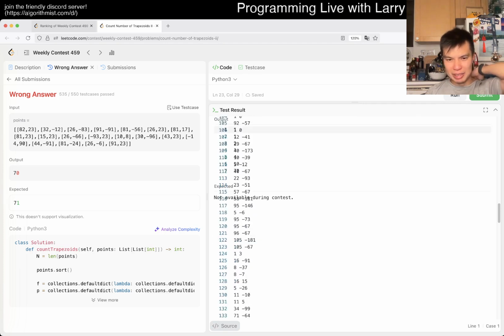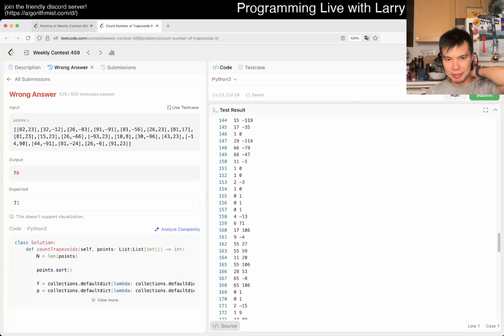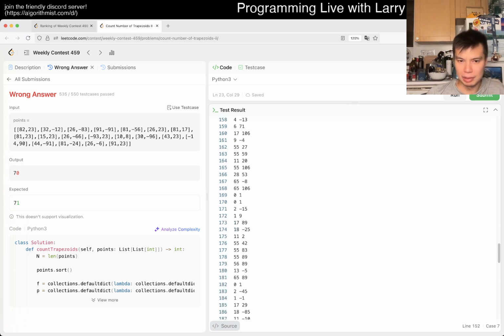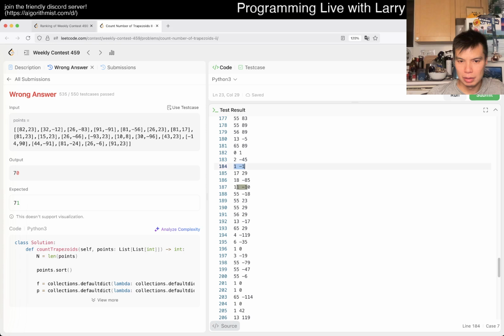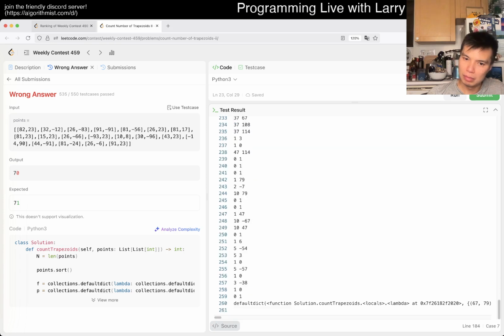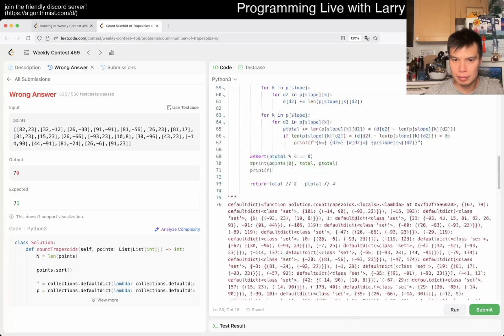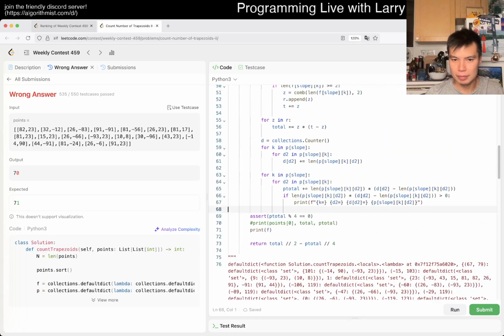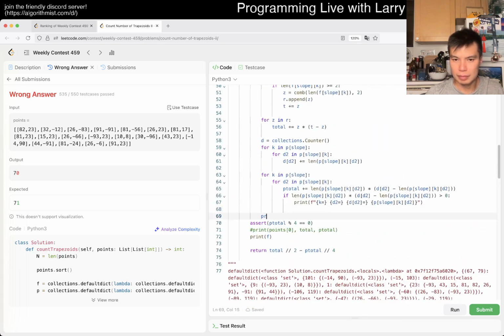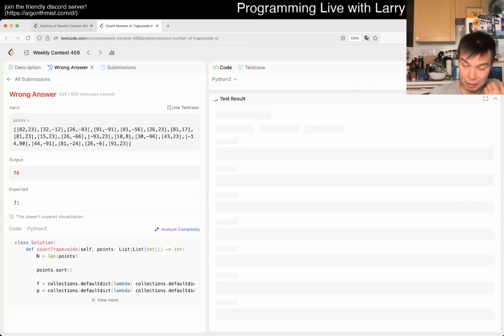I imagine the GCD is right. And the slope doesn't matter if one of them is 0. I don't know. I guess we don't need P total for this one, but